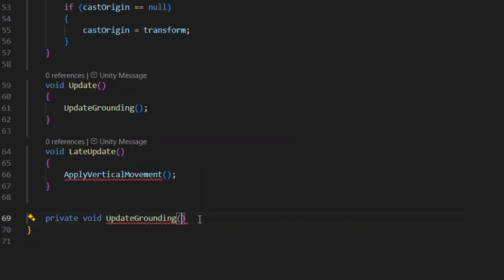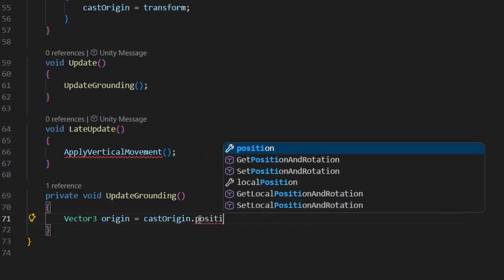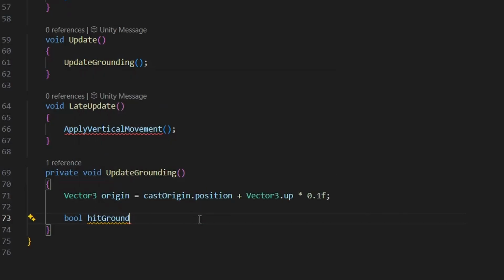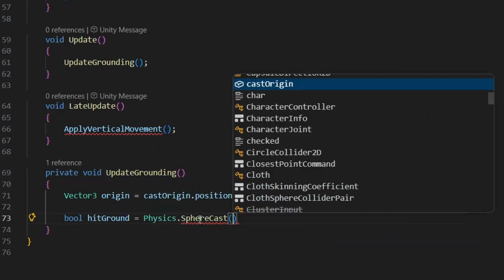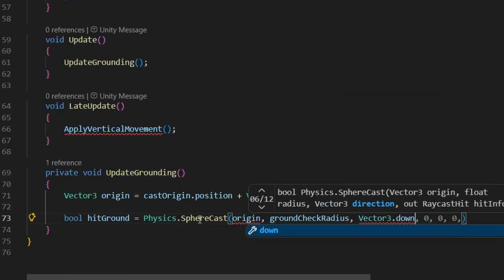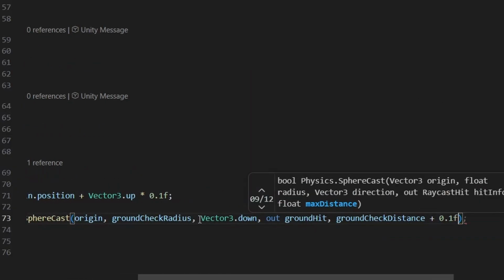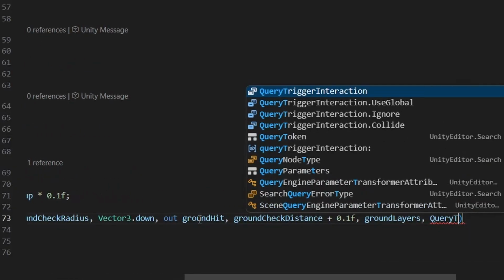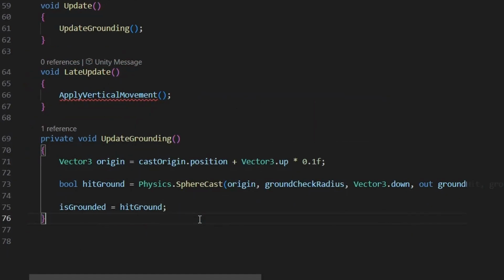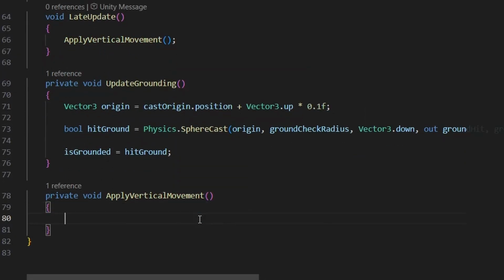Private void UpdateGrounding. We're going to say Vector3 origin equals castOrigin.position plus Vector3.up times 0.1f. Then we're going to say bool hitGround equals Physics.SphereCast. Get used to seeing this. We are going to do a bunch of sphere casting stuff here. Origin, comma, groundCheckRadius, comma, Vector3.down, out groundHit, groundCheckDistance plus 0.1f, groundLayers, QueryTriggerInteraction.Ignore. Now, QueryTriggerInteraction.Ignore is just so that if there's a trigger, which is supposed to basically be a zone indicated by a collider,